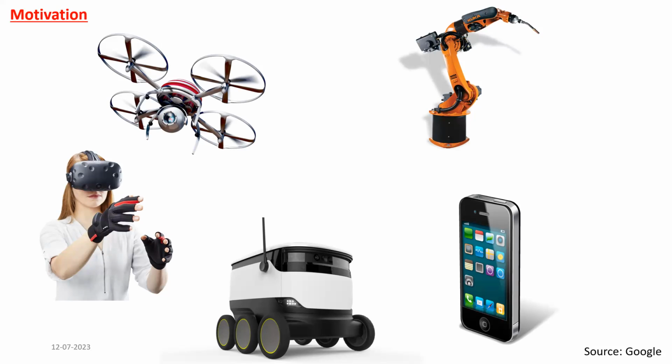Mainly for drones, we use the IMU to estimate the orientation, like roll, pitch, and yaw. That means the orientation of the drone around its own center of mass. And in robotic manipulators, we use IMUs where people are not using